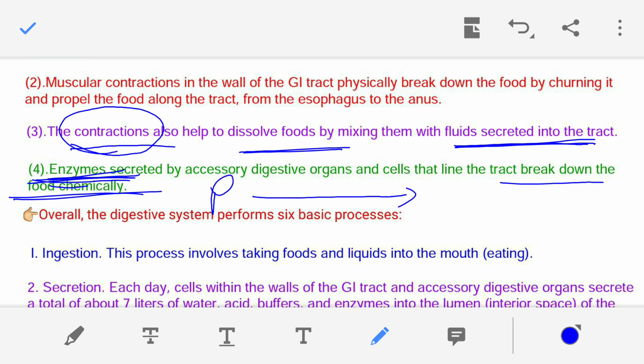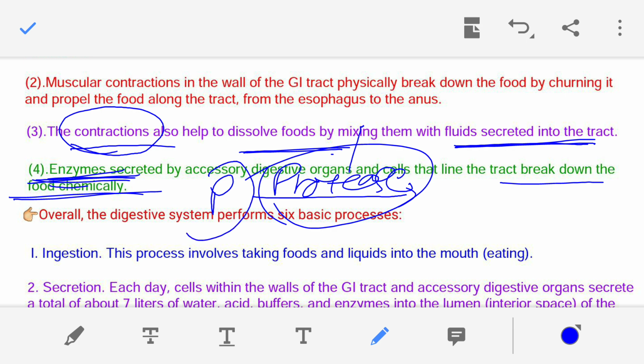On protein, protease will act, and there is a very detailed process, but I'm just trying to explain a few things. Not only a single enzyme is involved, there are many enzymes involved in this digestion. But when the protein digestion is completed, we are getting